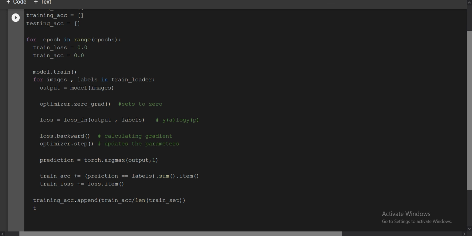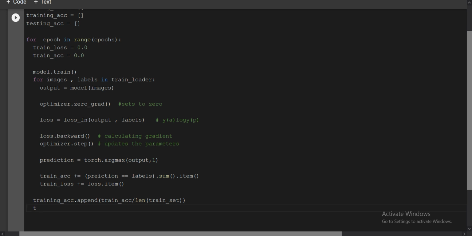so this was for the training accuracy. We have written training accuracy dot append. Basically, training accuracy dot append means we are appending all the training accuracy. Here, the total length of the training set, the total length of the data set, means 60,000 values, and how many predictions equal the label means how many our model predicted correctly and actually were correct. That is how we determine the accuracy.